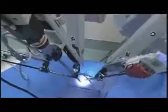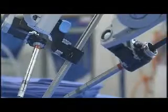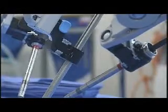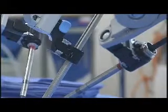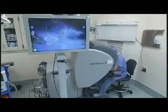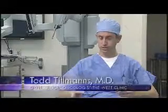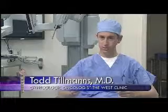Doctors Mark Reed and Todd Tillmans of the West Clinic use the robotic device in the treatment of gynecologic oncology. When they treat cancer in women, the device makes 5 small incisions in the midsection. 4 mechanical arms are inserted into the body. A 5th has 2 cameras in it, giving surgeons an almost 3-dimensional look inside the body. For instance, when we're doing lymph node dissection, you can see right on top of the vessels, individual blood vessels,